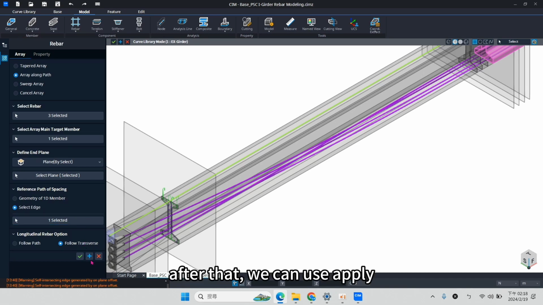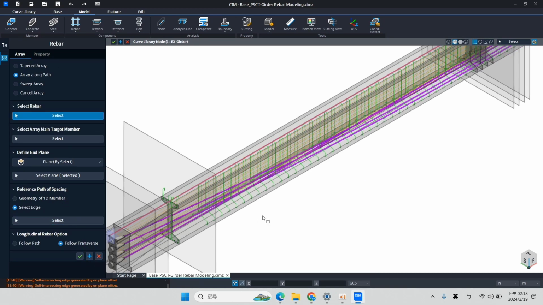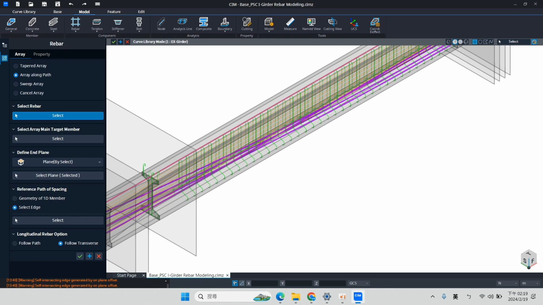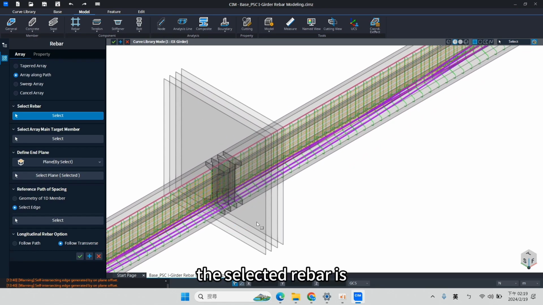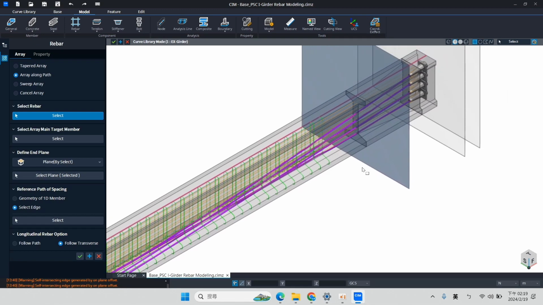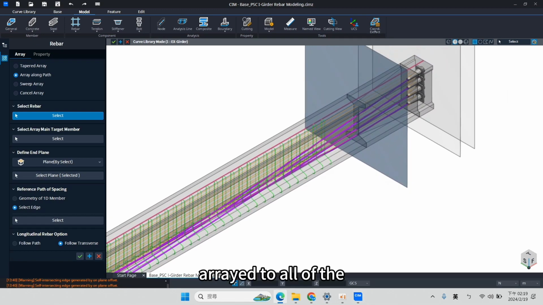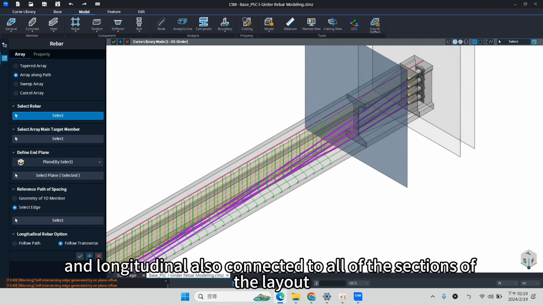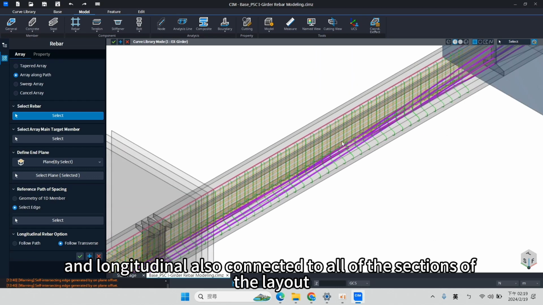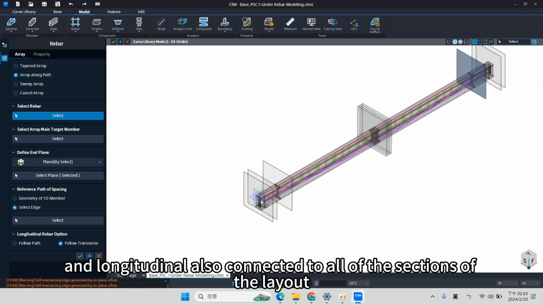Okay, and after that, you can just click rebar. As you can see here, the rebar is connected to all of the sections, and the logic are also connected to all of the sections of the layout.